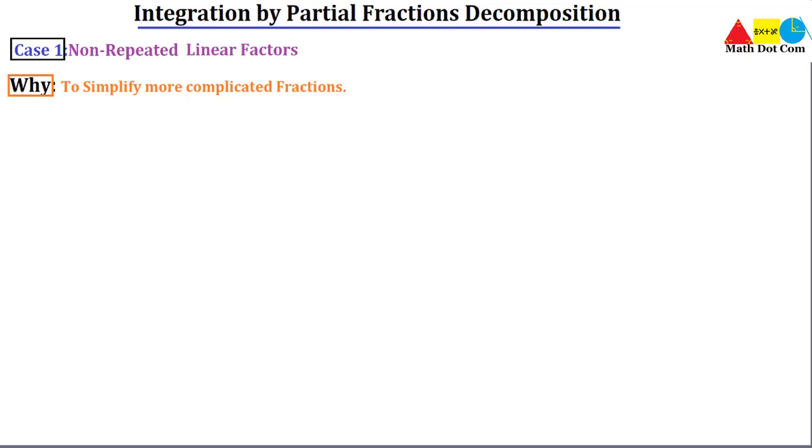We need to use the partial fraction decomposition in order to simplify the more complicated fractions. Whenever we talk about the integrals, we must have the simplest functions inside the integral in order to get their integration, as otherwise it becomes impossible for us to solve the integral. So we want to keep the function as simple as we can. As we have discussed in integration by parts as well, we need to move towards simplification rather than complication. So we use partial fraction decomposition to simplify the function given in the integral, then we will find the integration of that function.